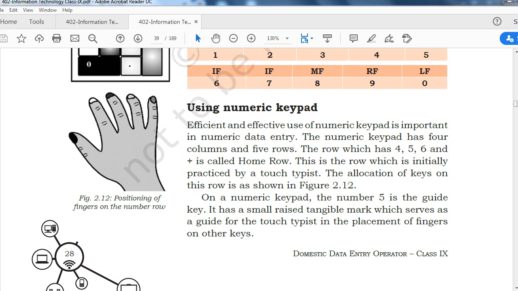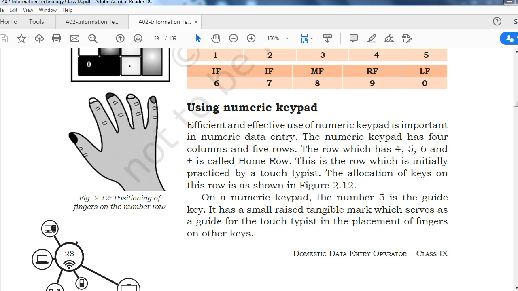Efficient and effective use of the numeric keypad is important in numeric data entry. The numeric keypad has 4 columns and 5 rows. The row which has 4, 5, 6 and plus is called the home row. Like the alphabet rows, in this also we have a home row, which is 4, 5, 6 and plus.